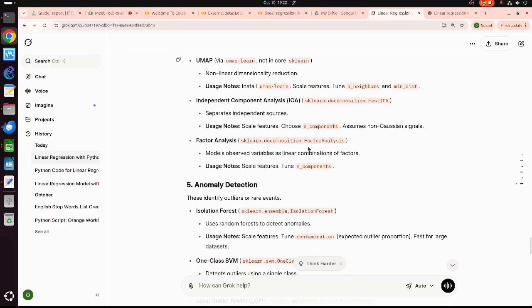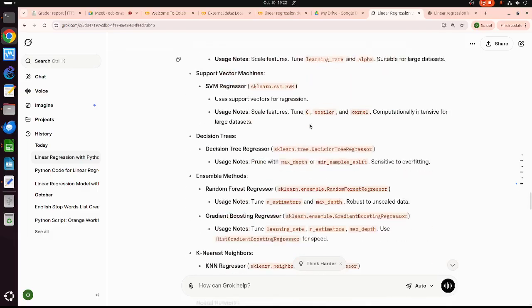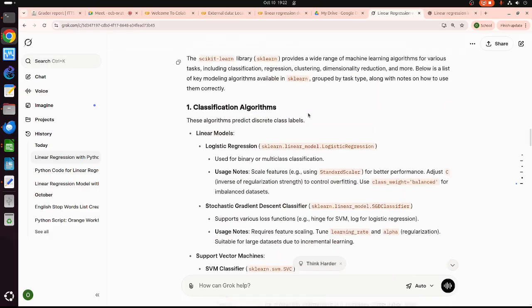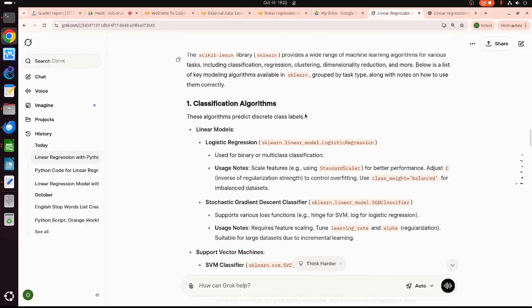So let us see a little bit what this thing is. See, lots of algorithms here, so we are in big trouble. For linear model, we can use this one. How come logistic regression as well? Logistic regression is for classification.